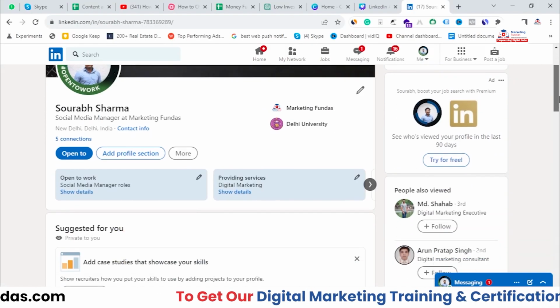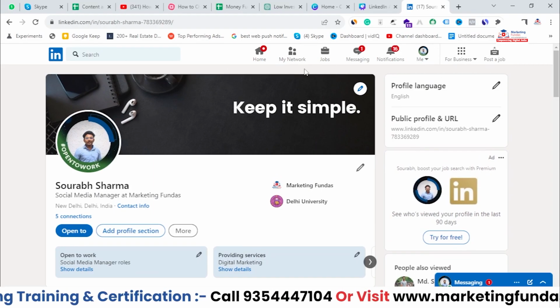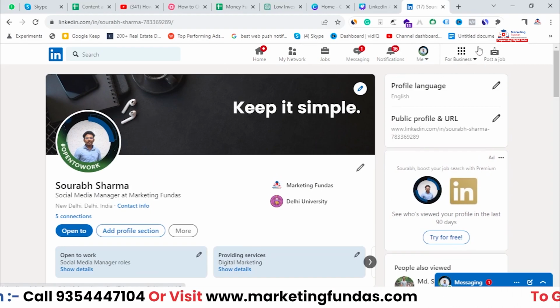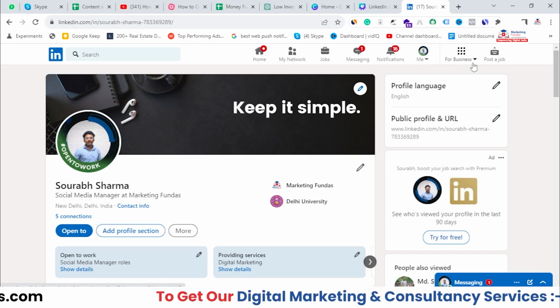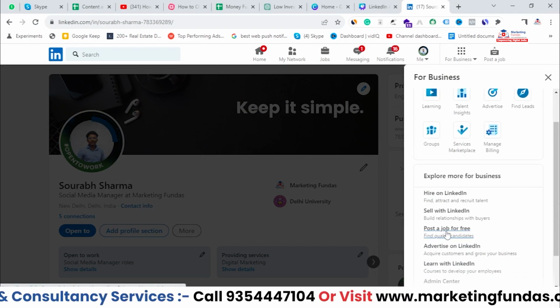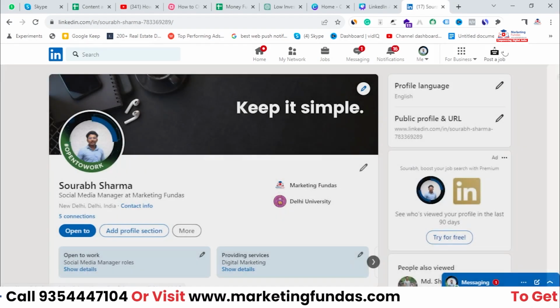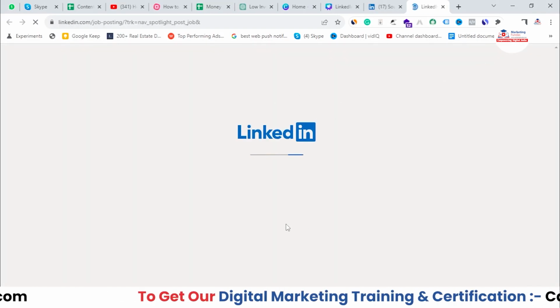So guys, as you can see right now, I'm in my LinkedIn profile, and here you need to go to this menu icon, and at the end of this menu, you'll be able to see the post a job option. Or if you click on this For Business, again here you will be able to see post a job for free. So let me directly click here,